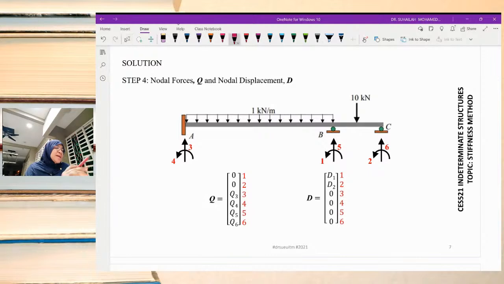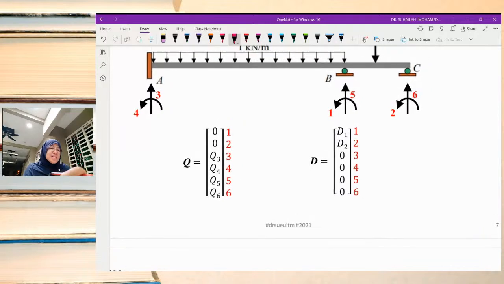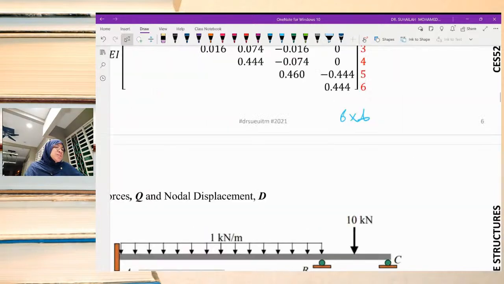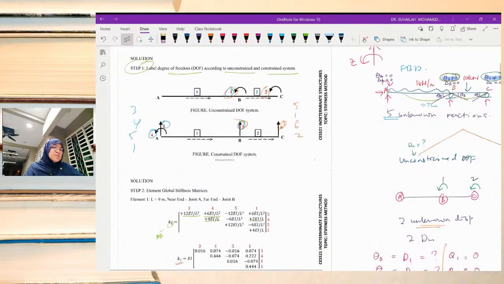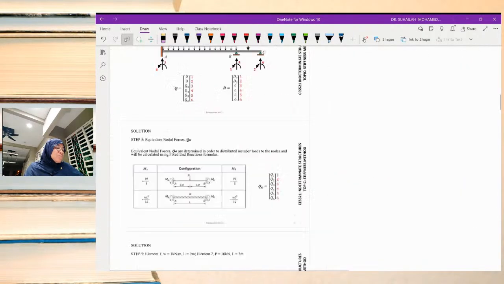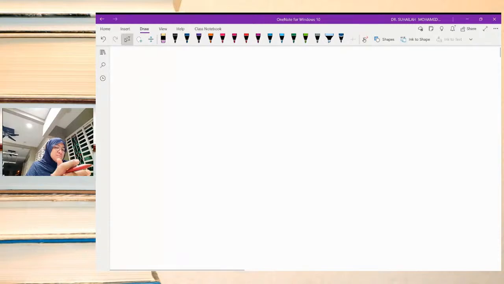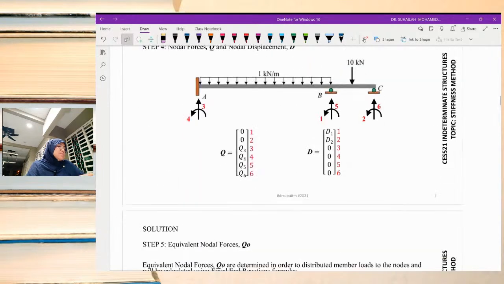okay, nodal forces and nodal displacement. We just need to summarize what we have done previously. We substitute into matrix form. Q in matrix form is called nodal forces. D is nodal displacement. So the information that we have written here, okay, we transform into matrix form. So we get like this. So Q,